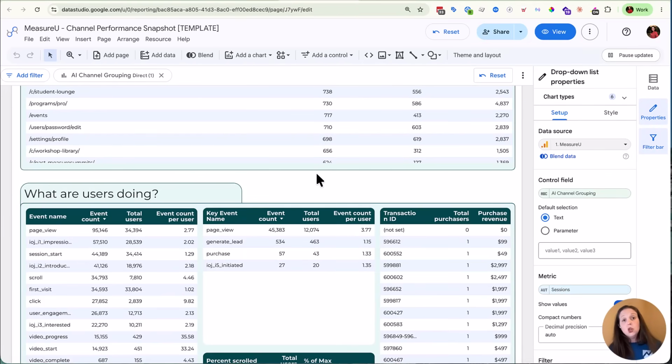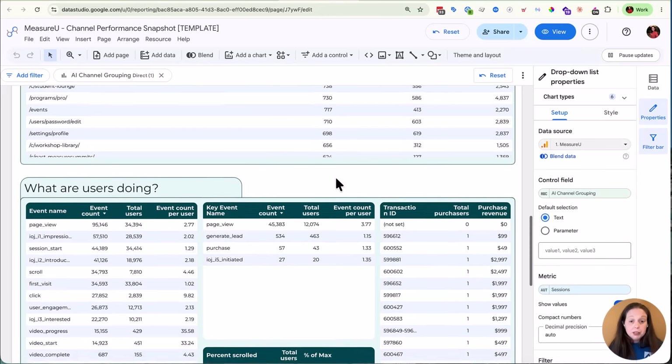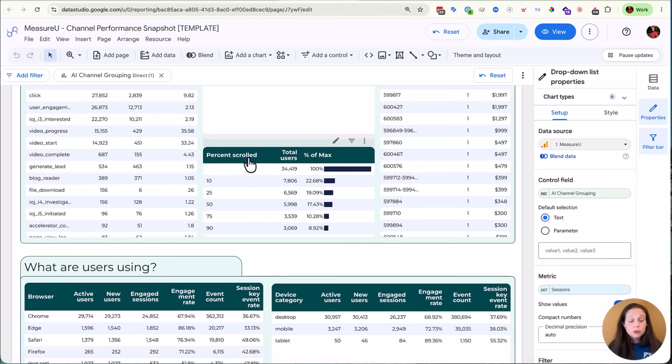So we can go through here, but also direct traffic could be untagged emails. It could be people knowing your brand and just jumping straight to your site. Or it could be just a naked email wandering around, streaking somewhere that you don't know where they're coming from. So I like to compare to direct.